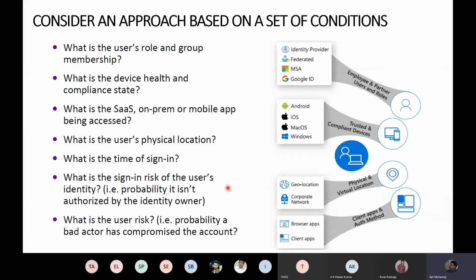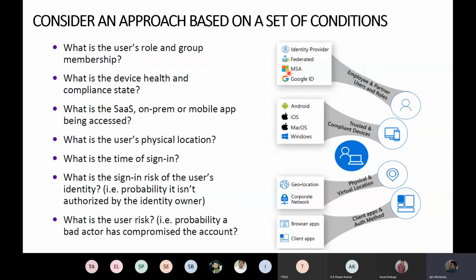And the other one is the sign-in risk of the user's identity. It could be that I just saw a sign-in from him 5 minutes back from Bangalore, and then I see an impossible travel. I see another sign-in from Singapore, same username, Kiran, but from 2 different places. No, something is wrong, right? Or it could be that I, as the Microsoft Intelligent Security Graph, am aware that your CFO's credentials are available on the dark web. So the moment he is logging in, I want to stop him and force him to reset passwords, right? So these are the conditions.